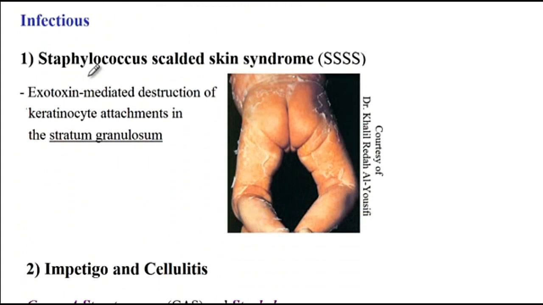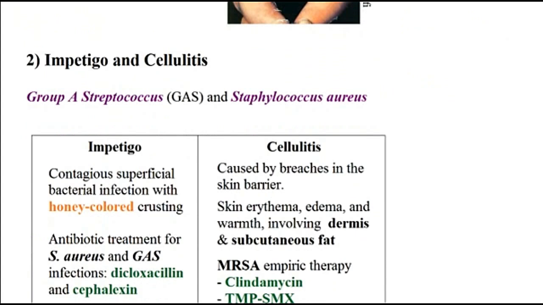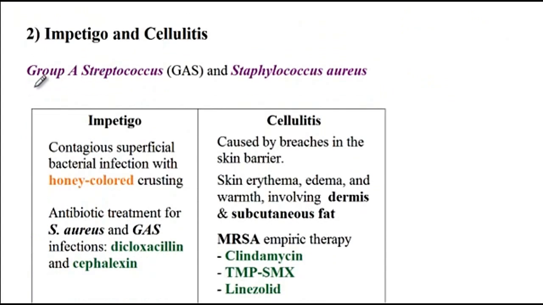The first one is Staphylococcal scalded skin syndrome, which is common in neonates. And so exotoxin-mediated destruction of keratinocyte attachments in the stratum granulosum will cause this form of skin peeling that is shown in this image. The next condition is impetigo and cellulitis, which are caused by group A streptococcus as well as